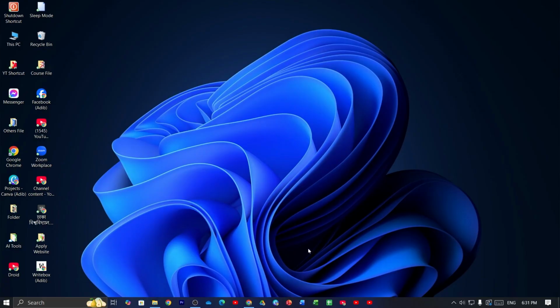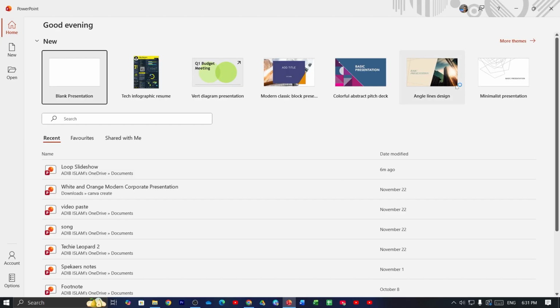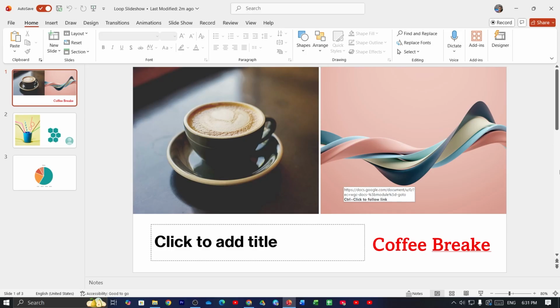Now the first thing you have to do is open up your PowerPoint. After that, open up any document. Now from here, if you want to add timer on this document, just click on Home tab, and after that